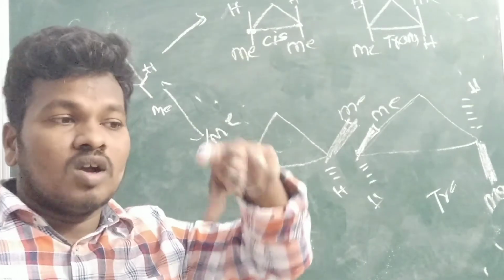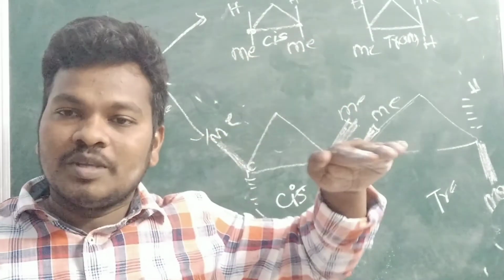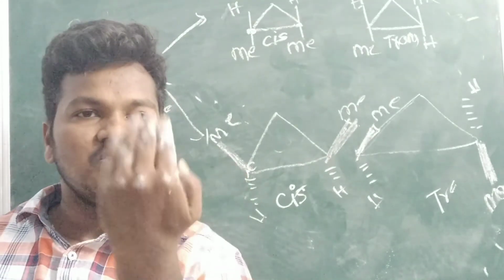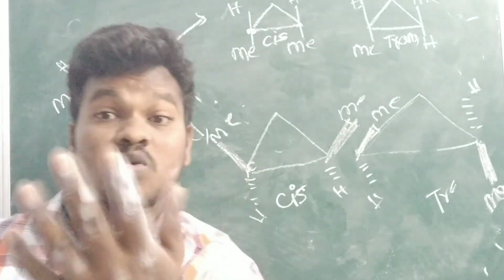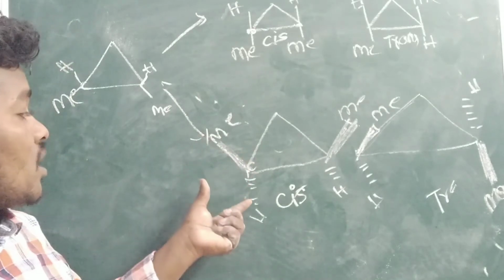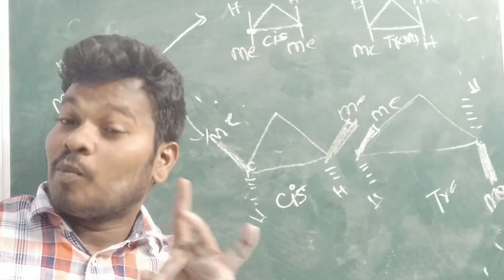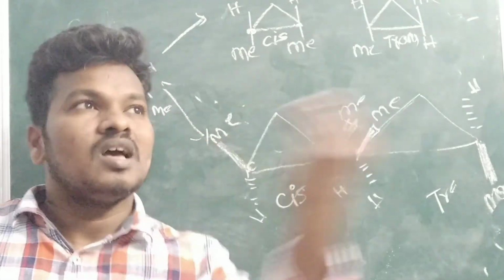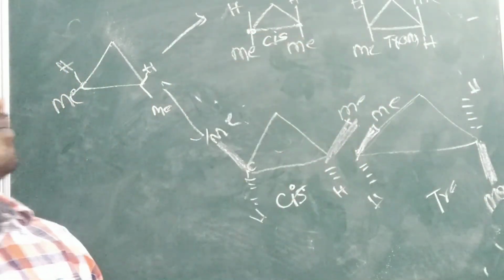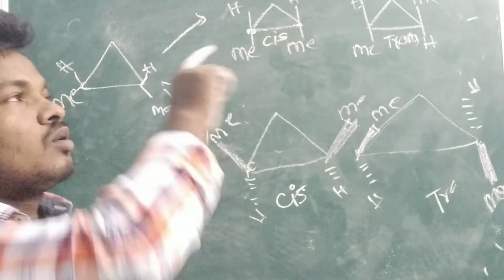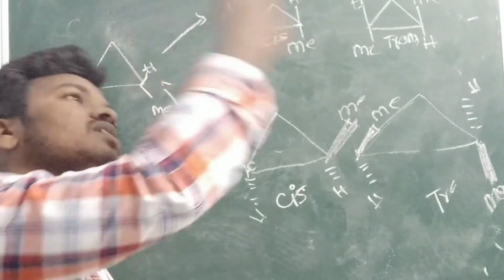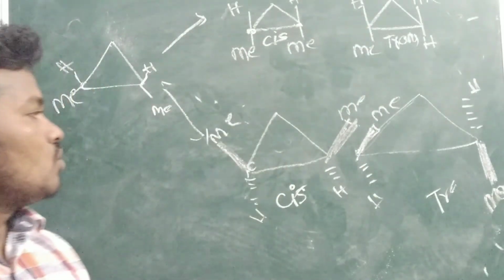Out of the four bonds, two bonds will be within the plane. One bond is towards the viewer, and another bond is on the backside of the viewer, which the viewer cannot see. In the methane, one bond you can clearly see on the front side, one bond towards the viewer, two bonds in the plane, and one bond the viewer cannot see. Like this also you can play now.